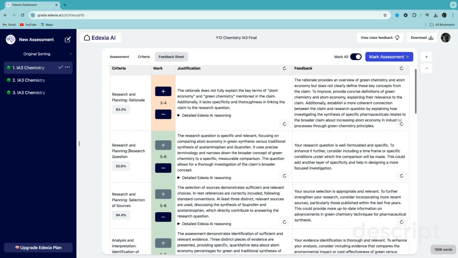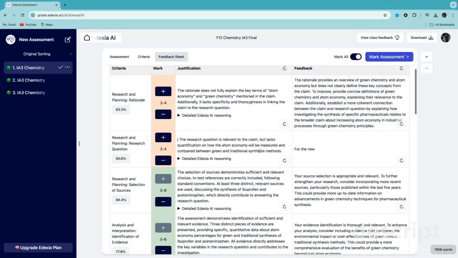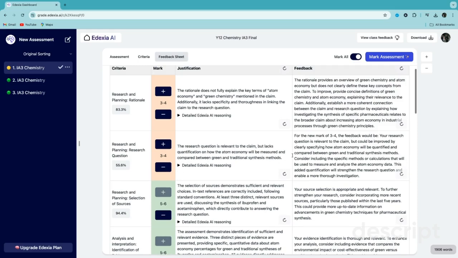And let's say you actually disagree with the mark range it's provided to the research question. Let's say you actually think it should be a 3 to 4 because they have not clearly defined how they will quantify the relationship. You can then send that feedback, and like before, it will first update the justification and feedback for this specific dot point. However, the added feature now is that after a couple seconds, you'll also see a notification up here in the